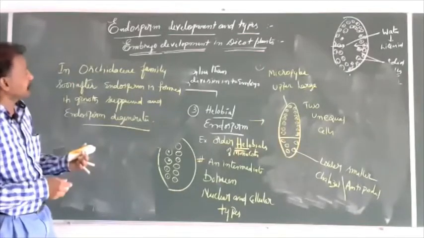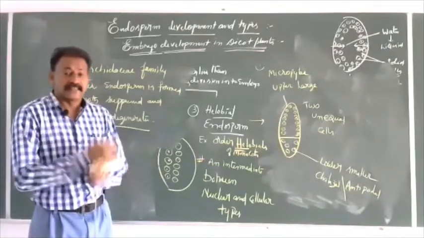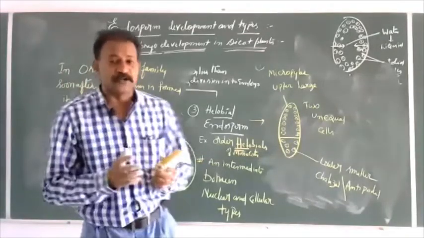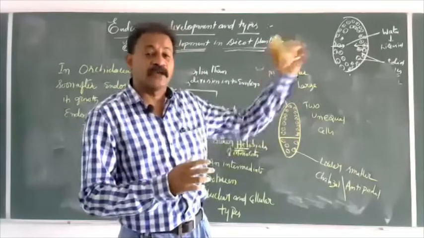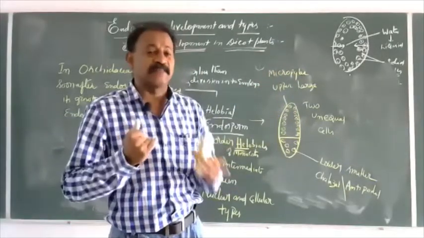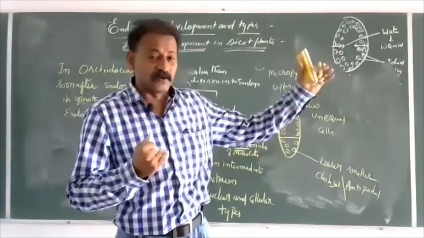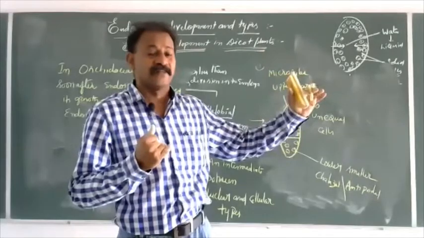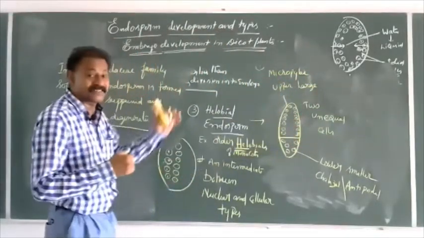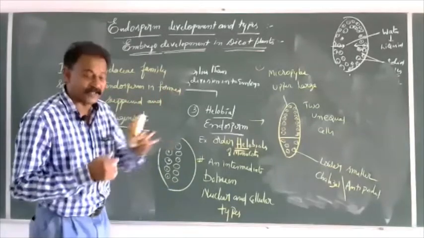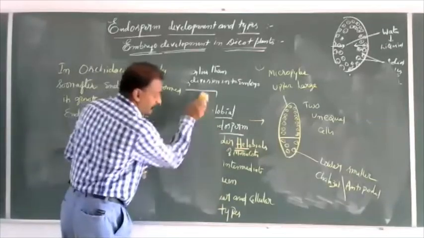Now, sir, what is this endosperm doing? This endosperm is a nutritive tissue. It is providing nutrition to the zygote, which is developing into embryo. So if endosperm is not there, proper nutrition is not given to the zygote to develop into embryo. So there is no assurance of provision of nutrition to the developing zygote. So compulsorily endosperm has to be formed before the zygote development.